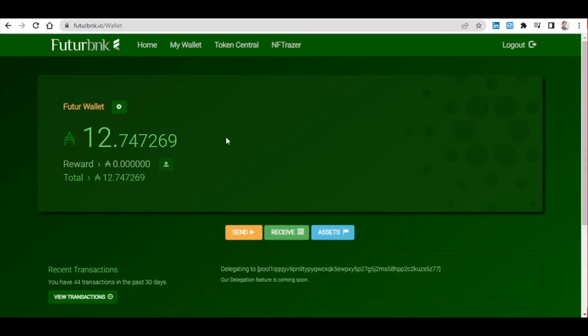So here is the wallet dashboard of futurebank.io. By the way, when you first create a wallet with FutureBank or with Cardano in particular, you still need to wait several minutes for your wallet to completely sync with the blockchain before you may be able to use it. What I'm showing you here is an existing wallet I've created several days ago, and I've sent a few